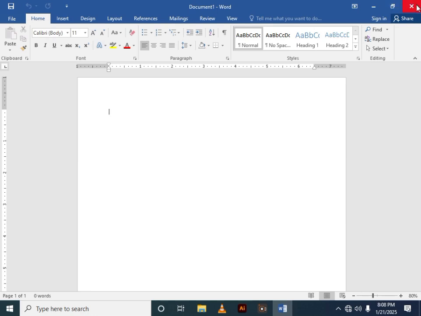And finally, we have the exit button that allows you to close the program. On the left hand side, we have the quick access toolbar. This toolbar gives you quick access to some of the commands in Microsoft Word. For example, this command allows you to save the document while you're typing. We have the undo button that takes you back to the previous action, and then we have the redo button that allows you to go back